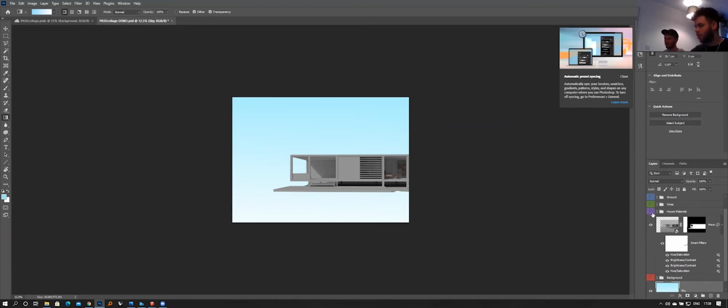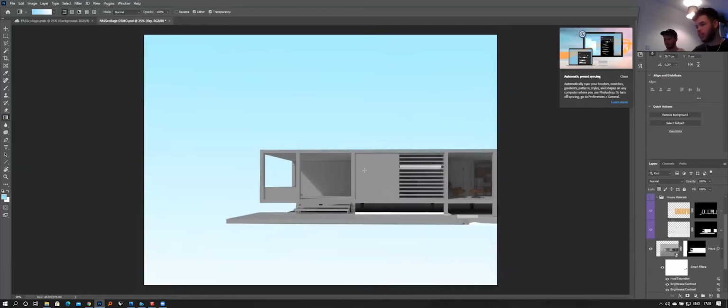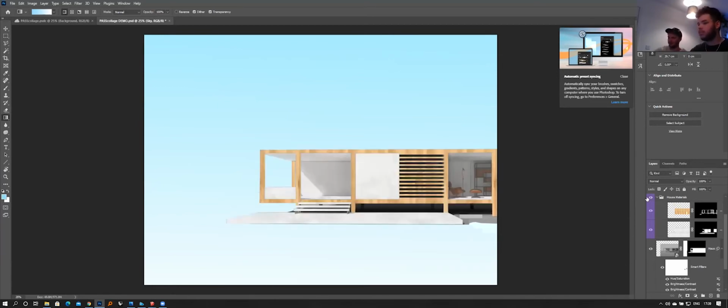So once you want to add materials to your building, which is obviously the most important part, you use this thing called layer masks. To add them on, it's basically flat images that you get from the internet that you cut out different parts of to make